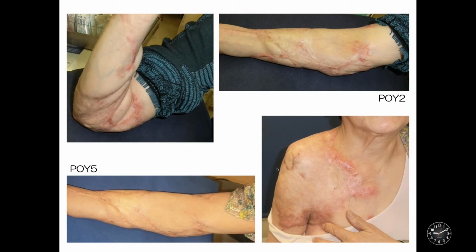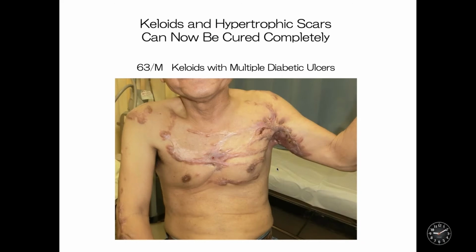And this is an elbow joint and the chest wall. This is another case. This is the keloids, severe keloids with multiple diabetic ulcers. So now we can